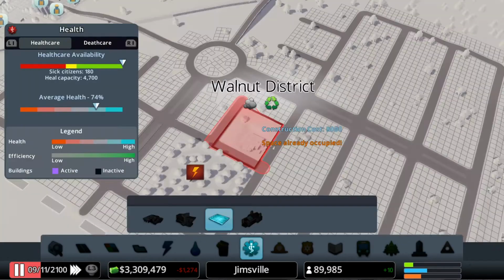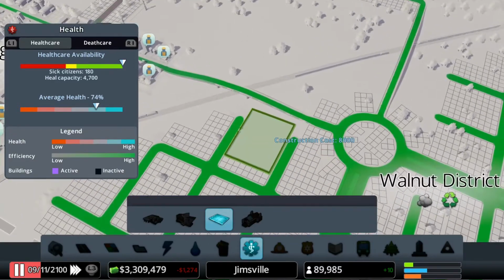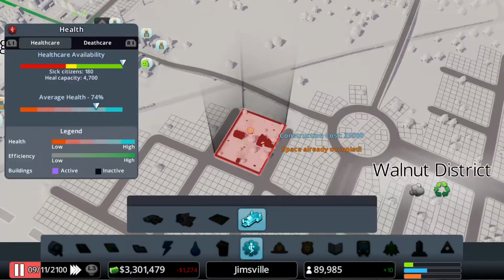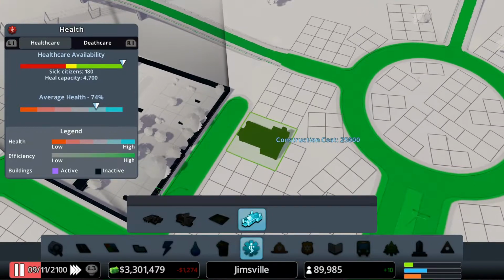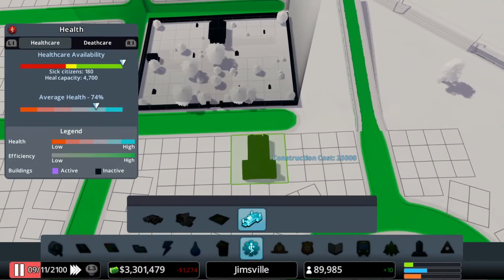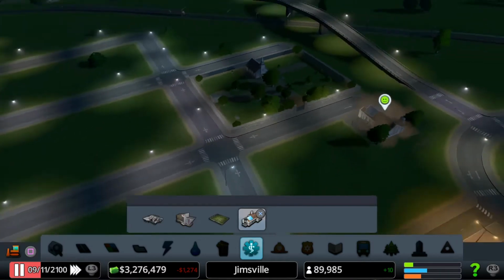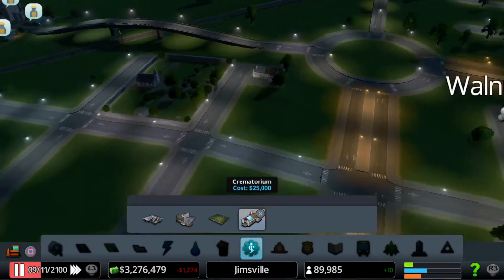Let's also put in a cemetery over here as well, so we can find a good spot for it. That'll do. And of course we need to have one of these nearby as well. Usually handy to have them on the same stretch of road opposite or next to. So I'll drop that just there. Then if I do need to empty into there, it's a very quick shuttle route.